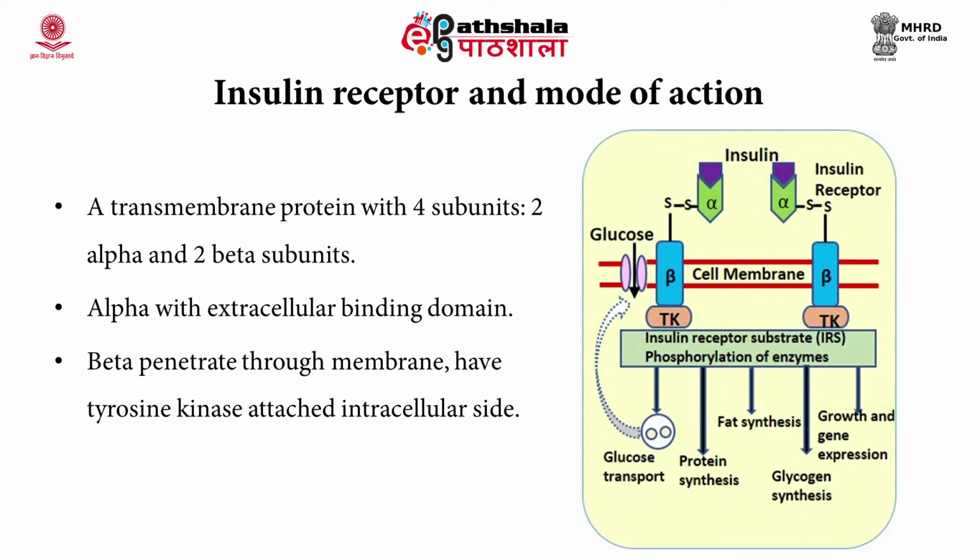Insulin binds with the alpha subunit, but because of the linkage with the beta subunit, the portion of the beta subunit protruding into the cell becomes autophosphorylated. This activates tyrosine kinase, which in turn causes phosphorylation of multiple other intracellular enzymes, including a group called insulin receptor substrate or IRS. Different types of IRS, IRS1, IRS2, IRS3, are expressed in different tissues. In this way, insulin orients the intracellular metabolic machinery to produce desired effects on carbohydrate, fat and protein metabolism.